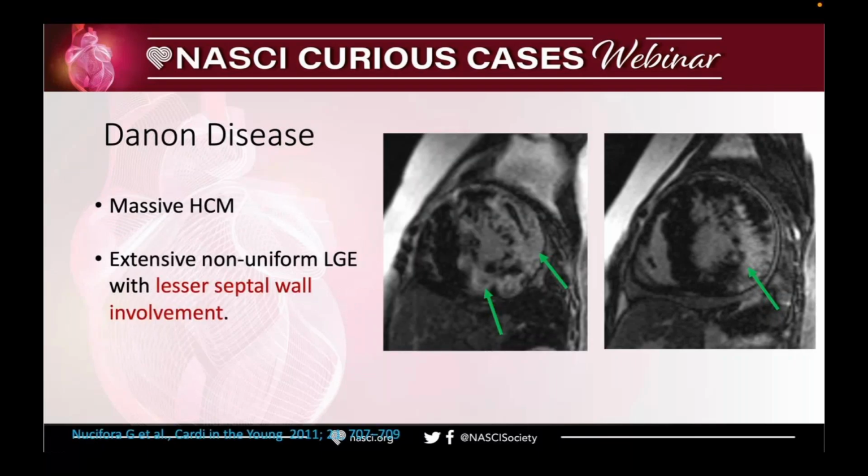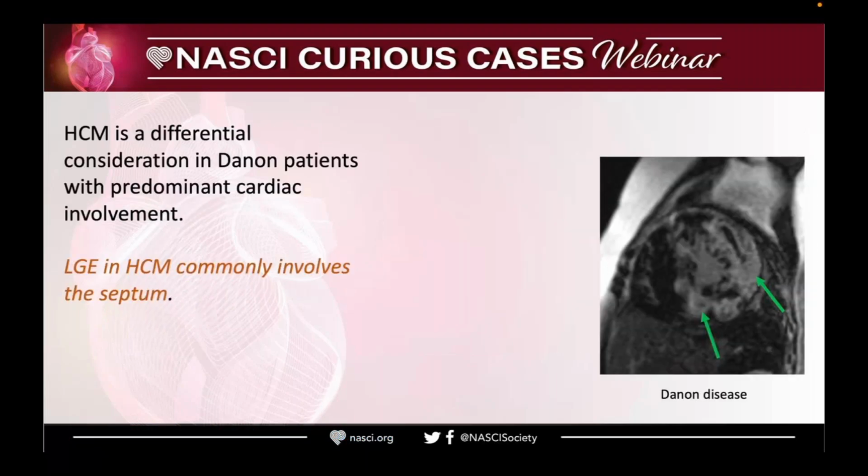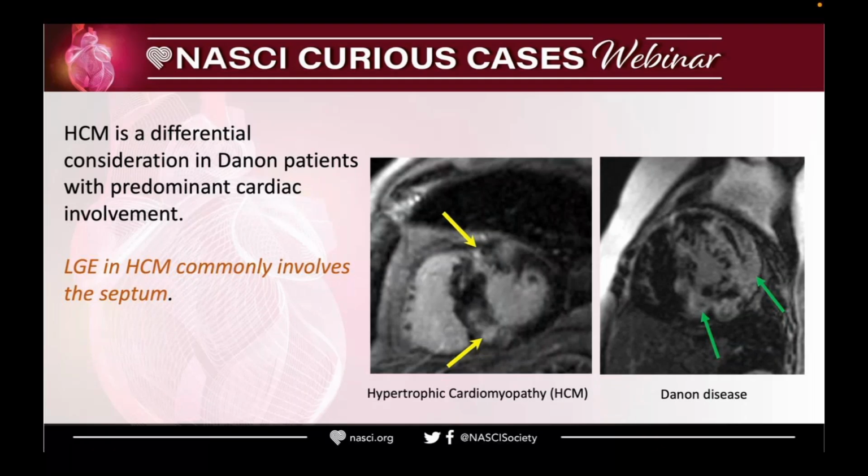So massive HCM, significant HCM, and hypertrophic cardiomyopathy with non-uniform LGE and lesser septal wall involvement. As you mentioned, hypertrophic cardiomyopathy is a very